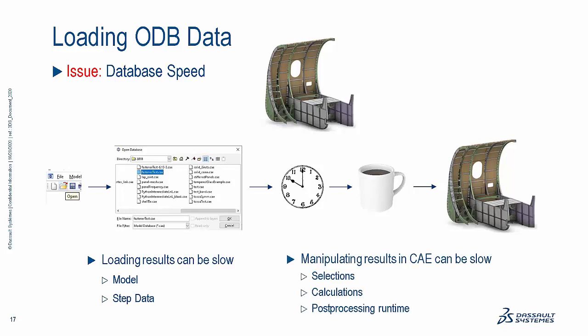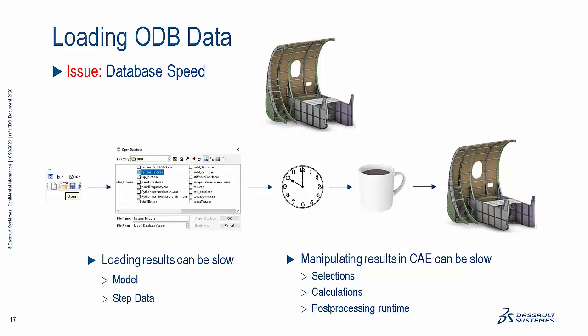But once you have that open, indeed, whenever you have large models, manipulating results can be a little bit slow in CAE as well, because you have 6 million elements on the screen that we're trying to calculate how to rotate all of those things. So selections, calculations, post-processing runtime for certain actions can be slow because, again, we're trying to do that for 10